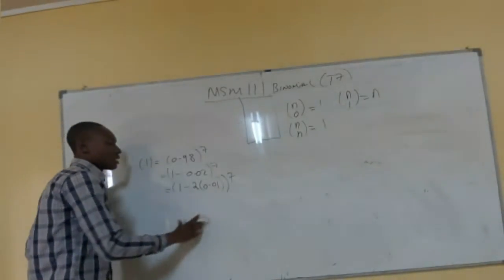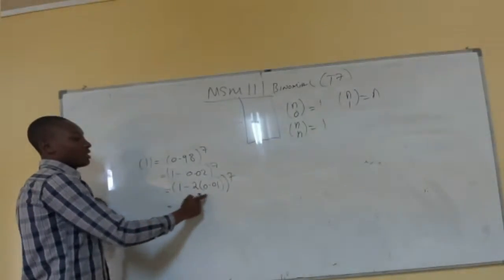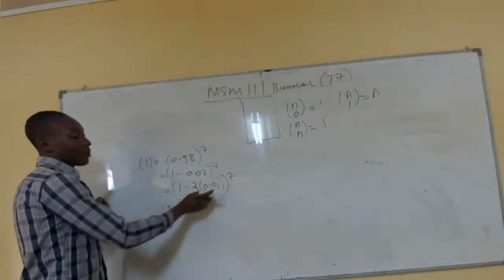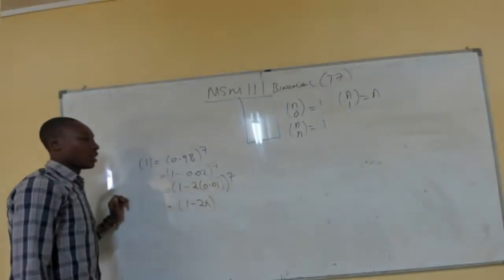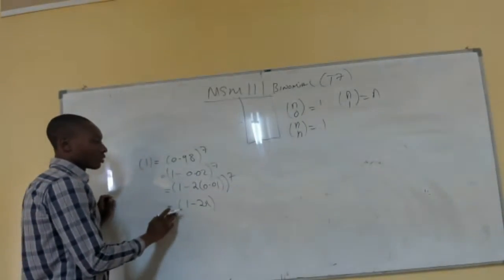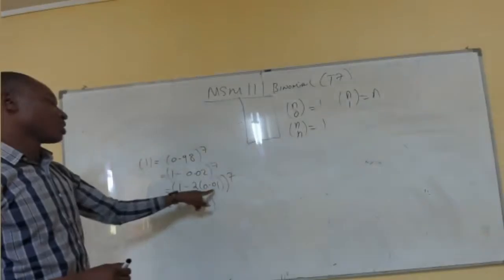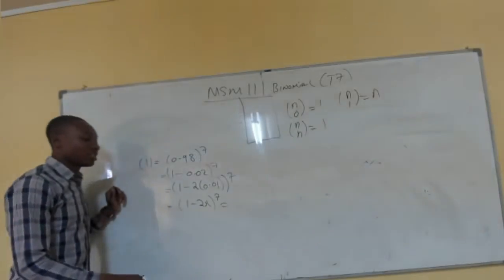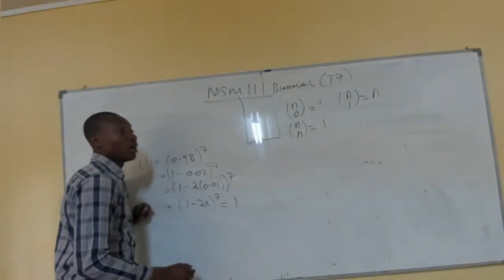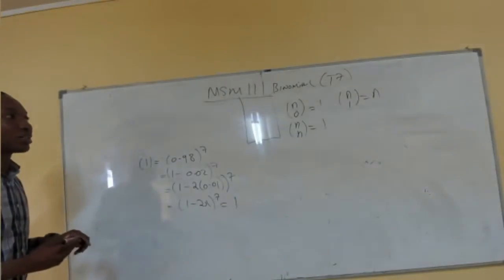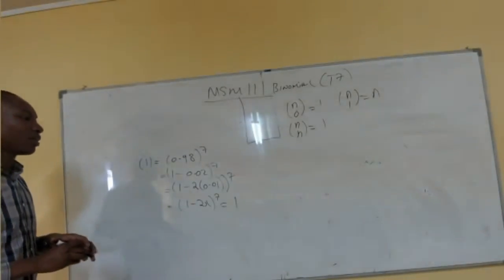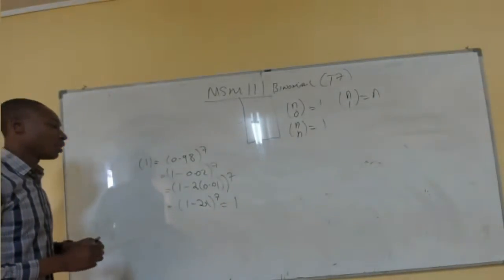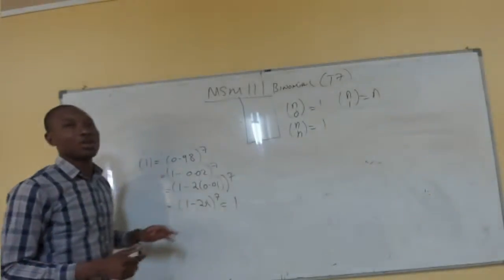So now let's look at this as an expansion on its own. Let's assume this is actually 1 minus 2x. So I've just replaced 0.01 with an x. So what's the expansion of this? The expansion of this will be 1. Now we've been taught to find significant figures, so the highest we can go is probably up to the term containing x to the power 3, because 0.01 raised to the power 3